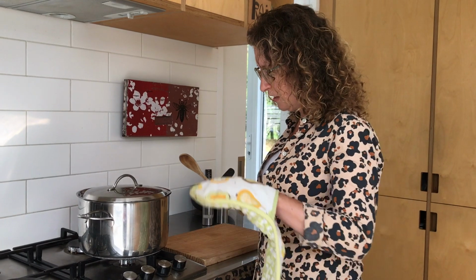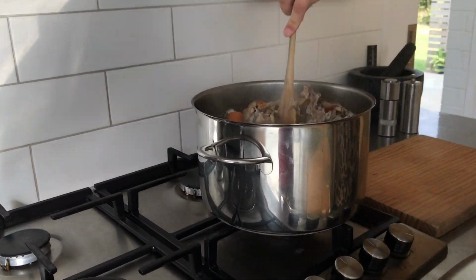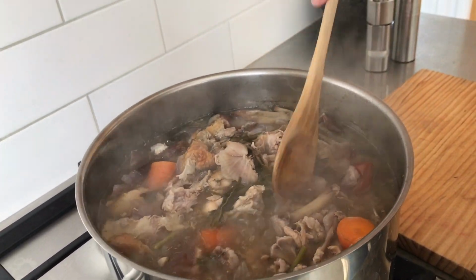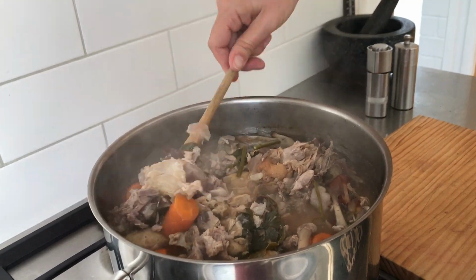Here we are, several hours later, and come and have a look. It's looking much more delicious now. All the bones are cooking up and all that goodness is coming out of them, and our stock is nearly ready. So now I've cooled my stock and I've strained it and left it in the refrigerator overnight,